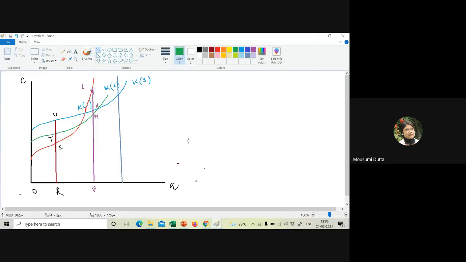And if I extend this plant size, it will cut somewhere here, which will not be possible to draw on this board. I hope you understand, if you extend this plant size somewhere here, it will intersect with this output level. Now for this particular level of output, say OZ,